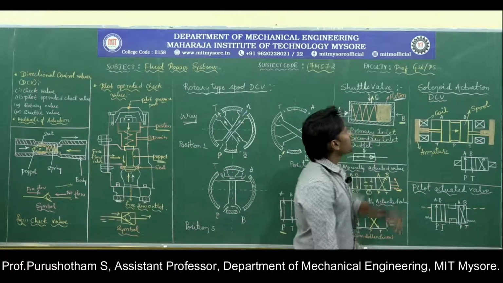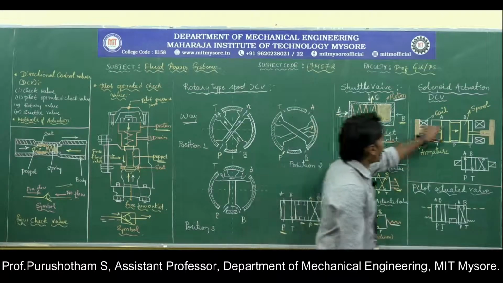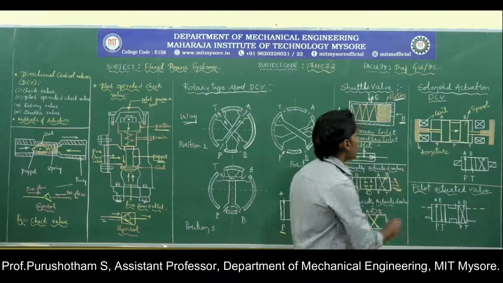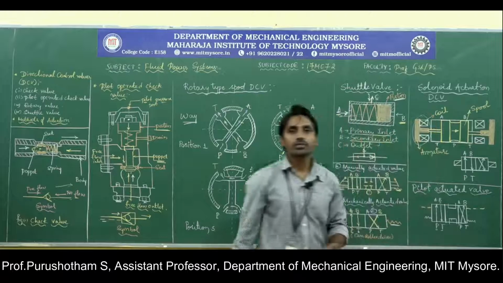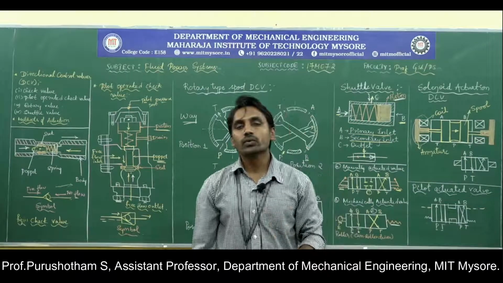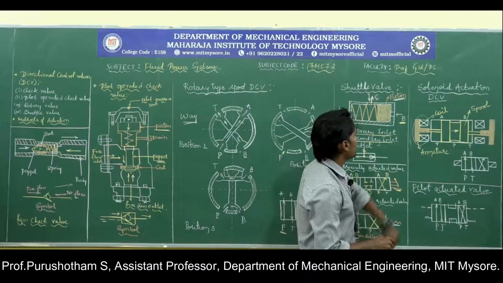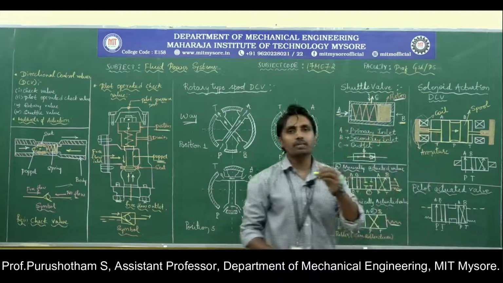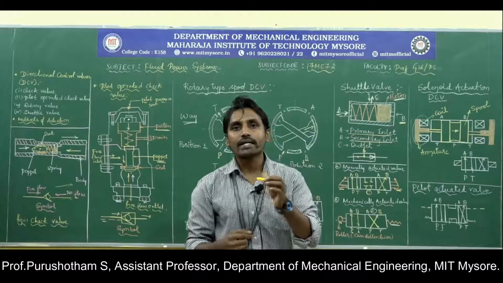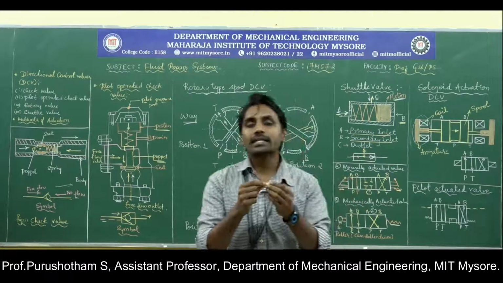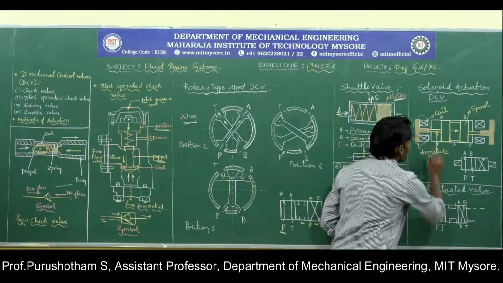Next we move on to the solenoid actuation of a direct control valve. Here you can see the valve which has a spool, and this is the armature and coil. This entire setup is called a solenoid. A solenoid is a device used to convert electrical energy into mechanical energy. A cylindrical block having a plunger, wound with a coil, is called a solenoid. The plunger is in turn connected to the push pin.